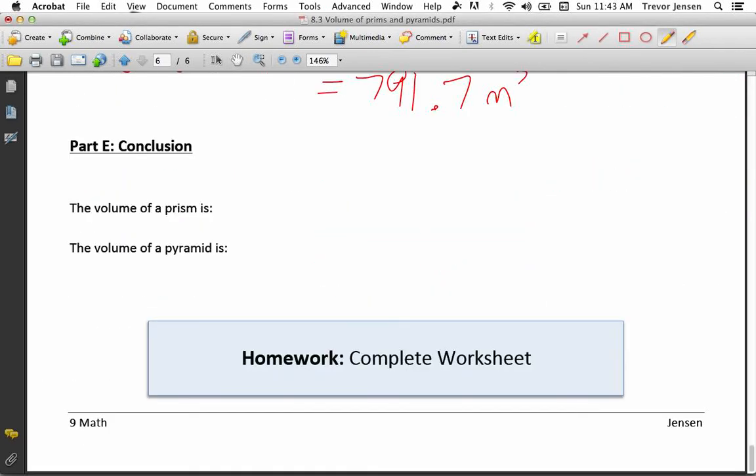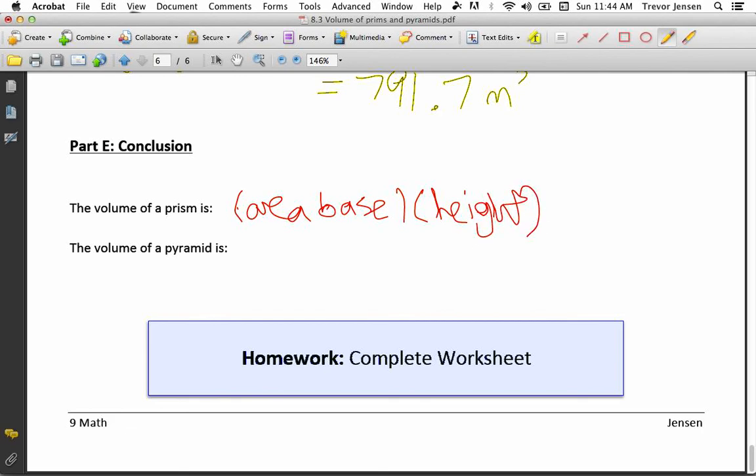To find the volume of a prism, remember, a prism is when you have a polygon as a base, okay? And we named the prism based on the shape of the base, okay? So for a triangular prism, it has a triangle as a base at either end. To find the volume of any prism, all you have to do is find the area of the base and multiply that